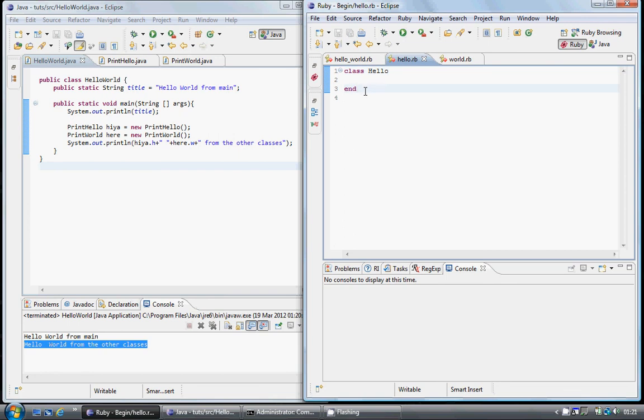Eclipse already creates the classes, but I'm going to skip that at the moment. We're going to do this, but I'm going to demonstrate there's many different ways of doing different things. Okay. And what I'm going to put here is just the command puts hello, and in this one I'm going to create a space after this one here. I'm going to do puts world. From main, and